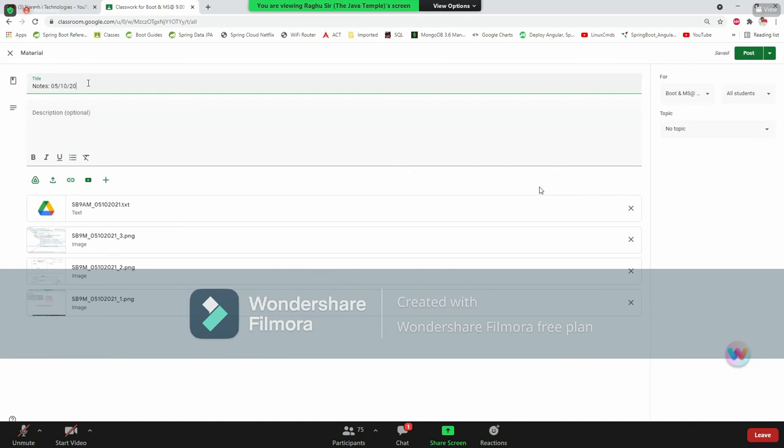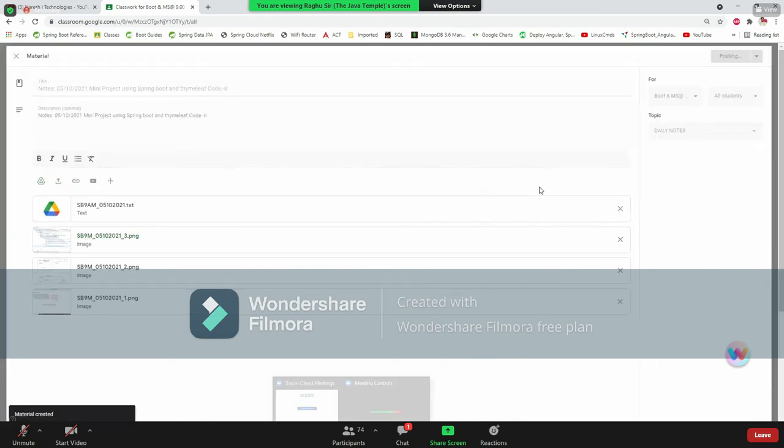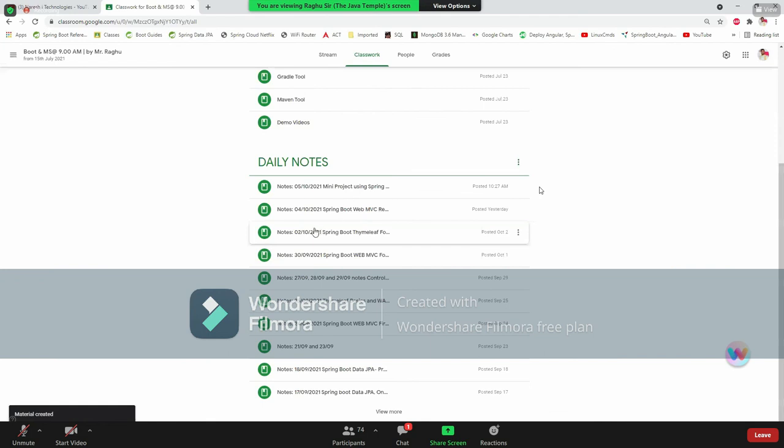Please go through logging concepts which I gave previously even. CD means magnetic tape, in the olden days you used to have. This is mini project using Spring Boot and Thymeleaf. The movies used to be Part 2, code I'm just giving here. Notes link also available, code link also available here on the top.